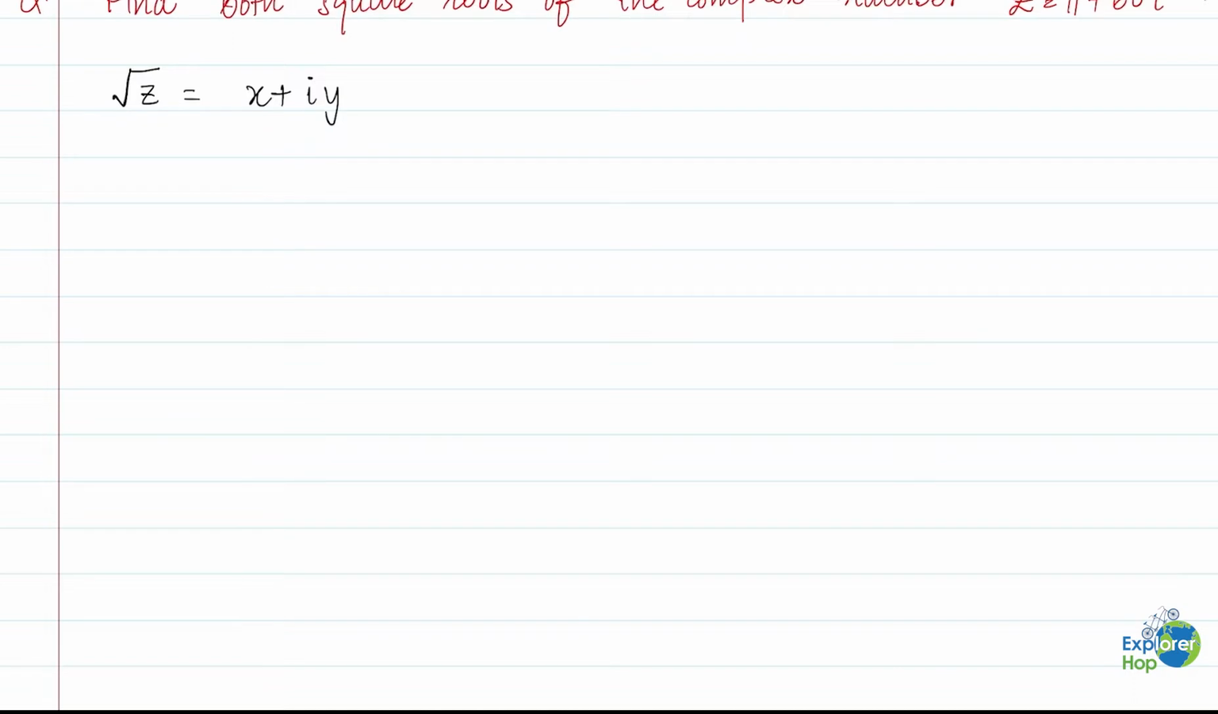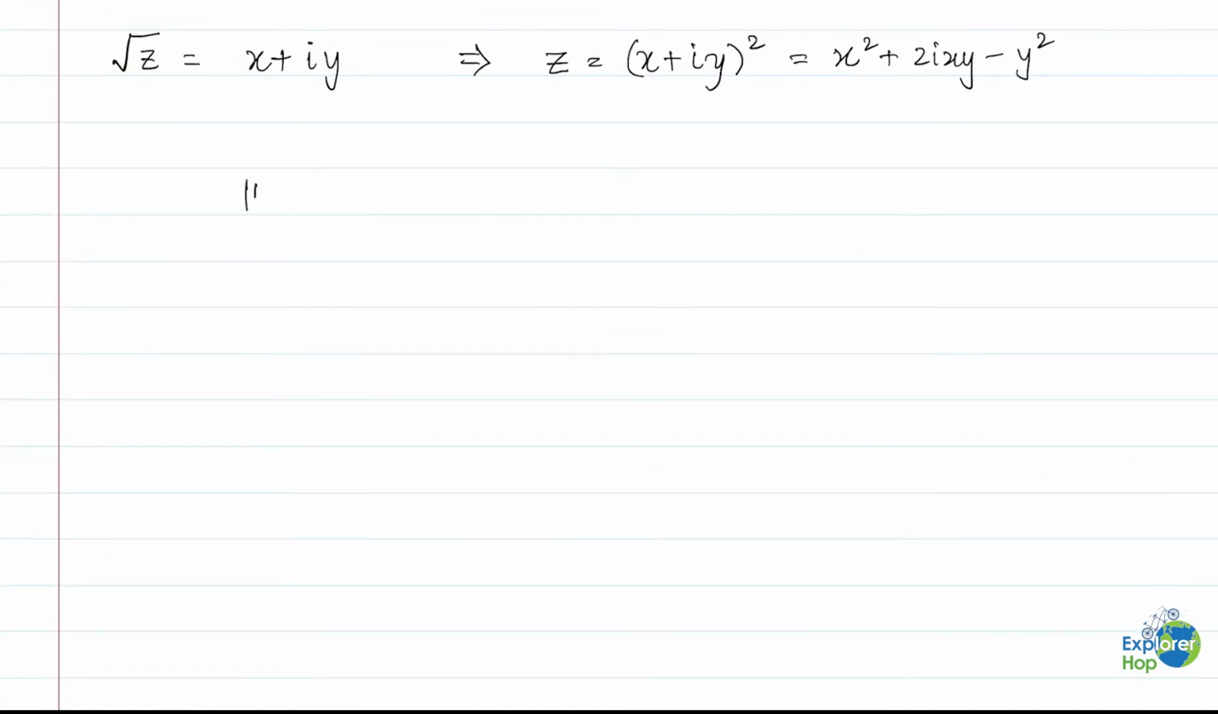If I take the squares on both sides, I would get z equal to (x plus iy) squared, which is equal to x squared plus 2ixy minus y squared. If I rearrange it a little bit, I would get 11 plus 60i, which is basically z, is equal to